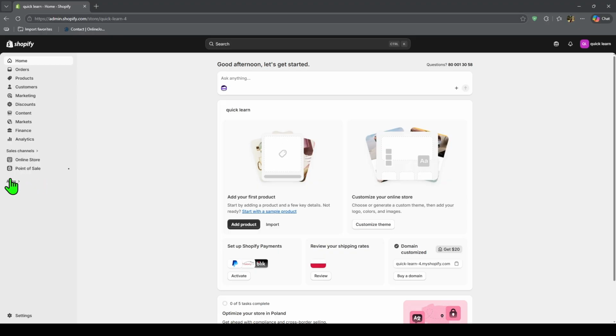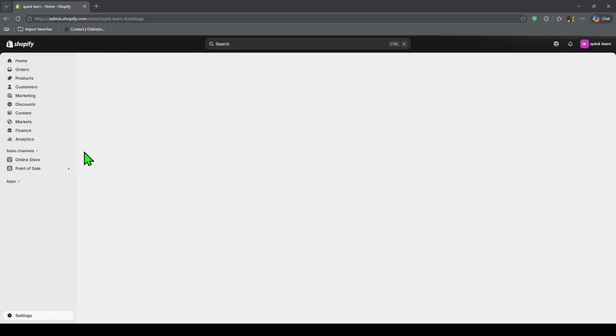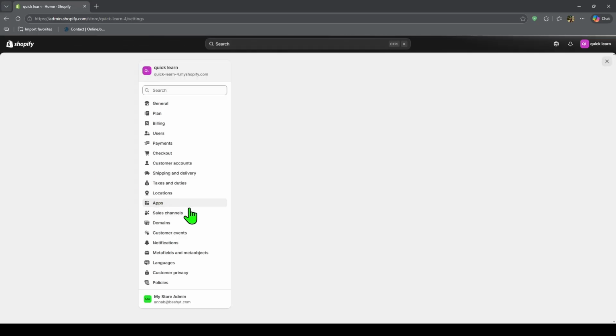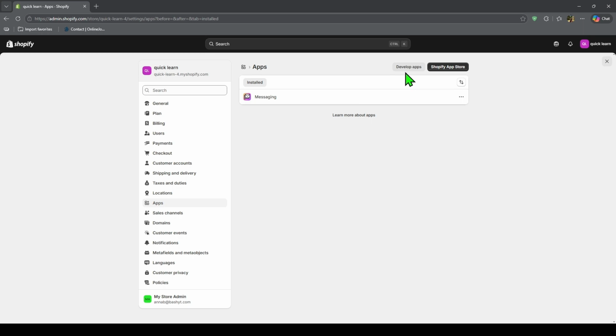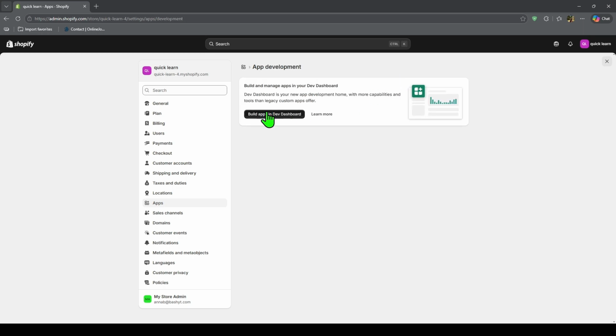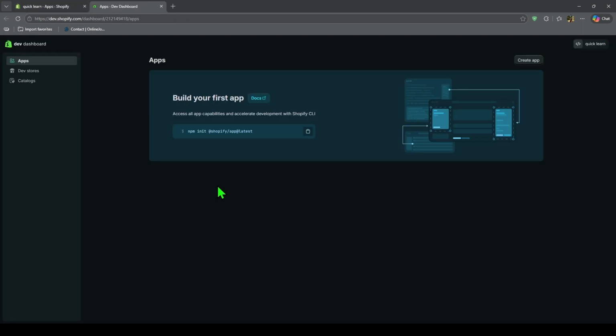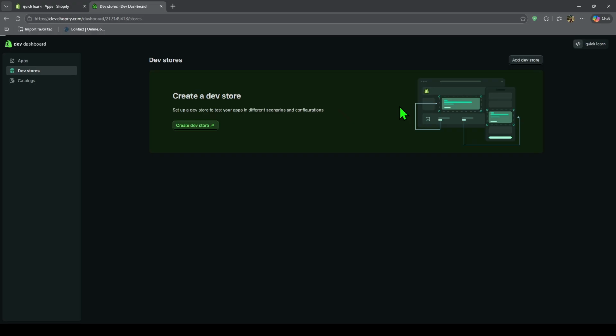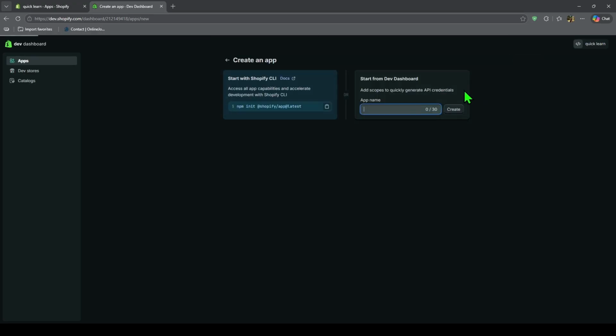If you're building or managing an app, start by opening your Shopify Developer area or the dashboard where your app is set up. Once you open the app, go to Settings. This is usually where Shopify shows the main app credentials connected to that app. Inside that section, you should see values like the client ID and client secret. The client ID is often the value people refer to as the API key. This is the identifier used for app authentication, while the client secret is more sensitive and should never be shared